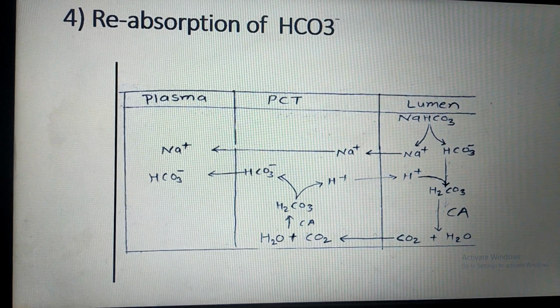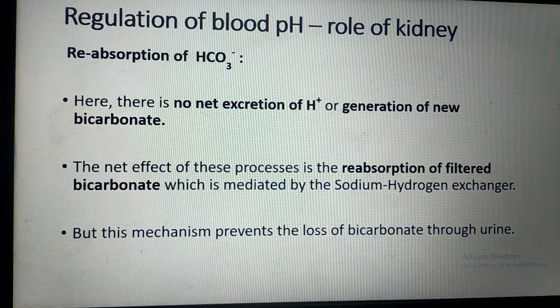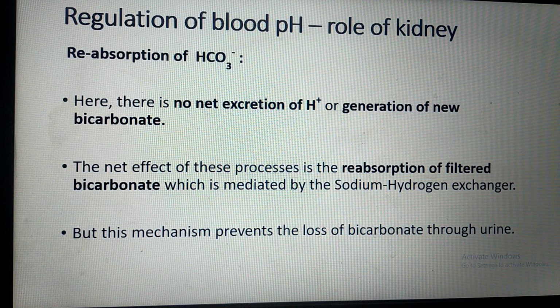But this mechanism prevents the loss of bicarbonate through the urine. So in this way the pH of the body is maintained by three main systems: buffer system, respiratory system and